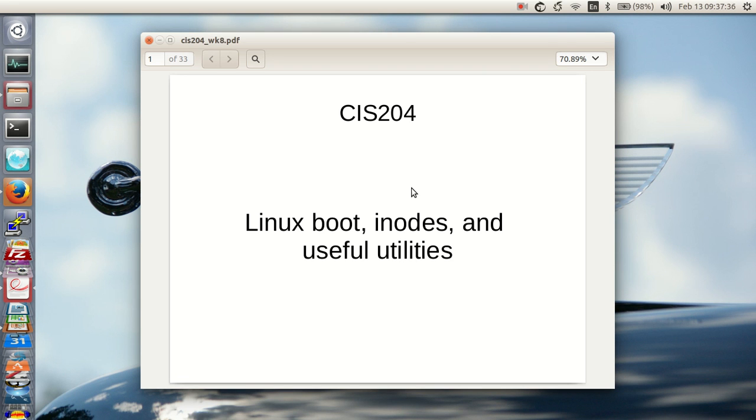And they decided they were going to go with Ubuntu Linux, and they actually made that happen. That's an interesting story, and if you go out and look for it, it's Limux. Limux is the project that Munich did. So now that I've wasted about 5 minutes, let's talk about Linux boot, inodes, and useful utilities.